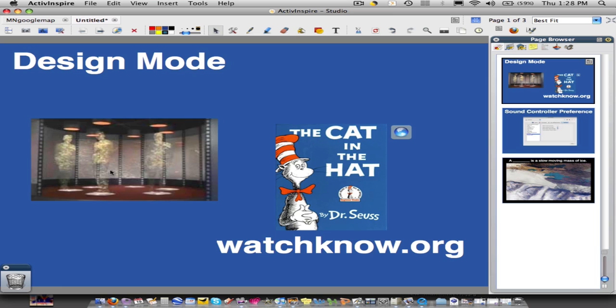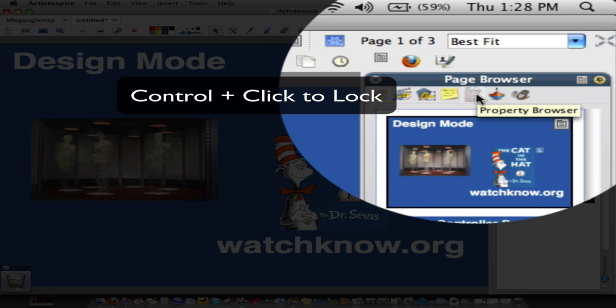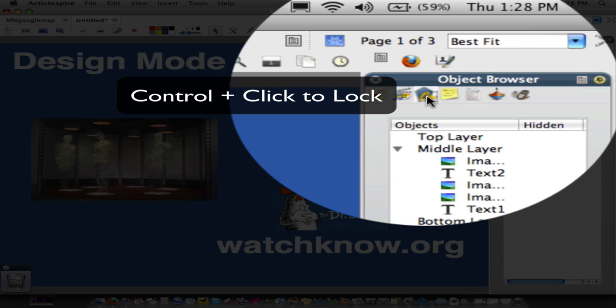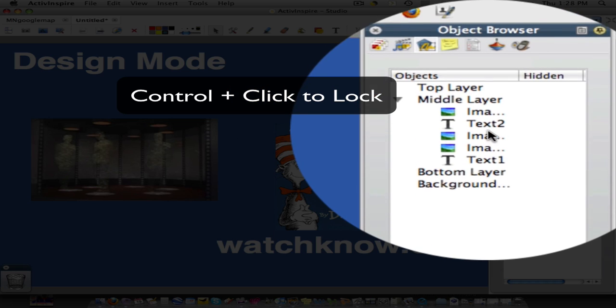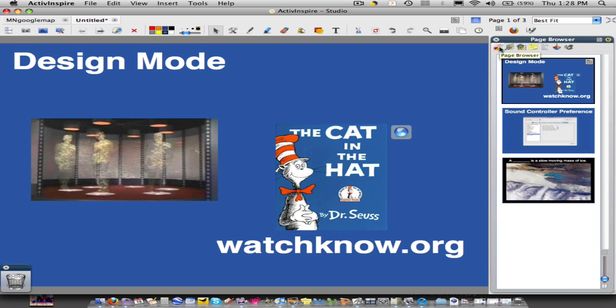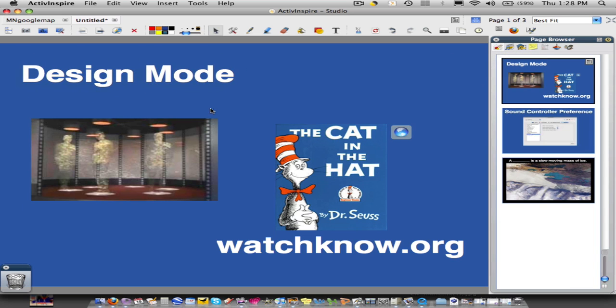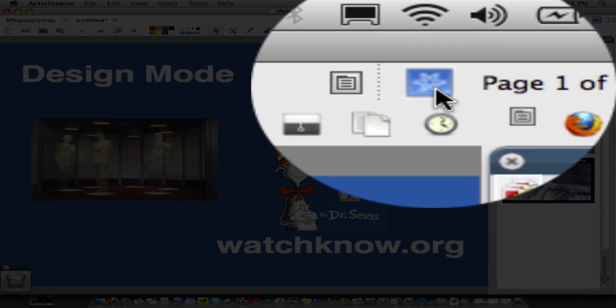I have a picture here that I cannot move because I've actually locked it. No matter how hard I try, I cannot actually get this picture off the screen. Now we know that if we go into the object browser, we can find the object over here and we can unlock it. There's an easier way that I just wanted to show you, and that is using design mode. If you scroll up into the upper right hand corner, there's a little blue box that kind of looks like a blueprint,